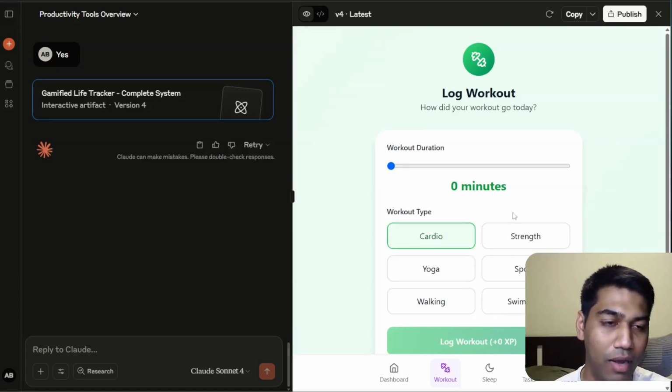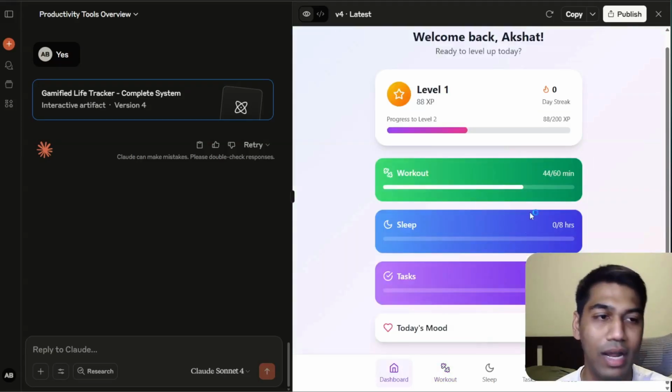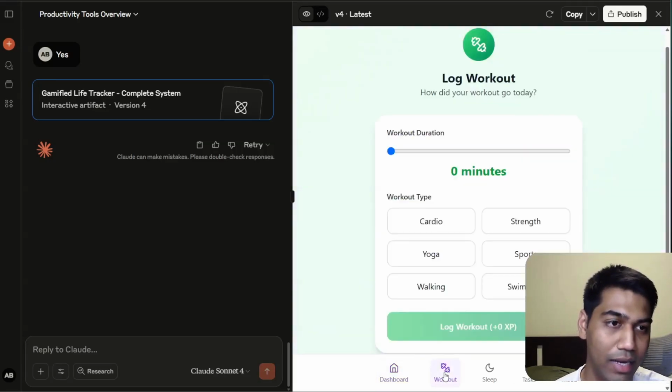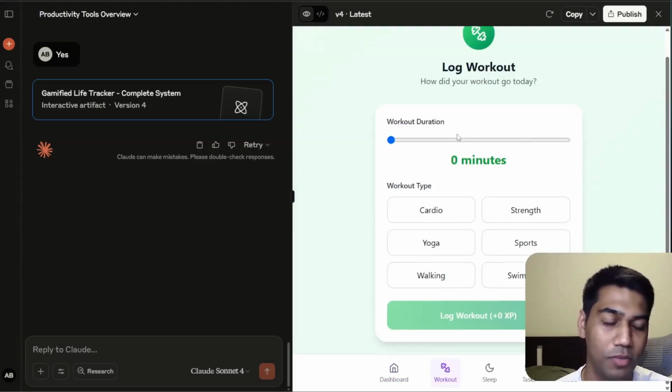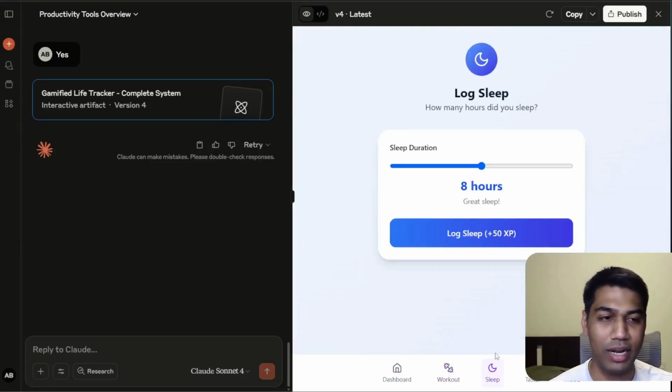So I can target workout and I can select cardio and I can select how many minutes and then log that, and that brings me back to the dashboard. I believe this is a cool option to actually track it. But then again, it allows me to track this, which is not super cool. I would technically want to change that and do something.